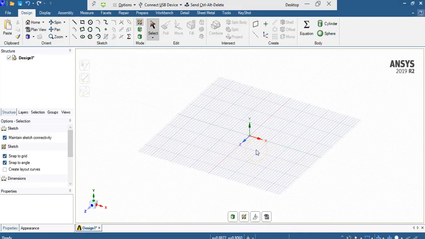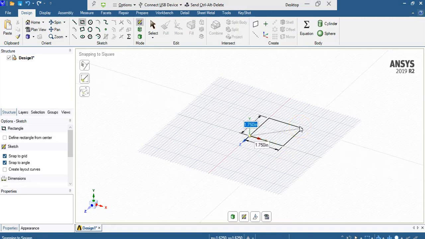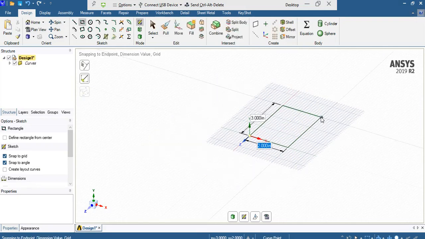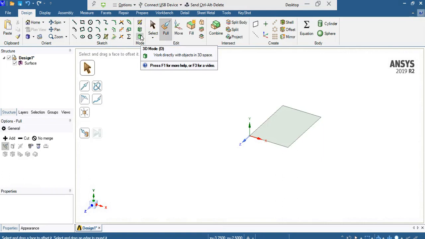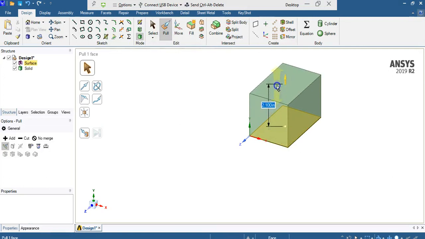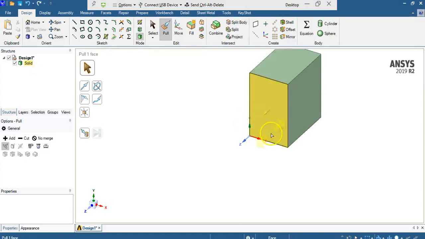Okay, now since we have a bracket that the top surface is 3 by 2 inch, so we can start by creating a square here, or a rectangle. So it's 3 inches by 2 inches, and the total height is also 3 inches with a thickness of 1/8. So let's pull this thing up. I have 3.125. Okay, so that's the